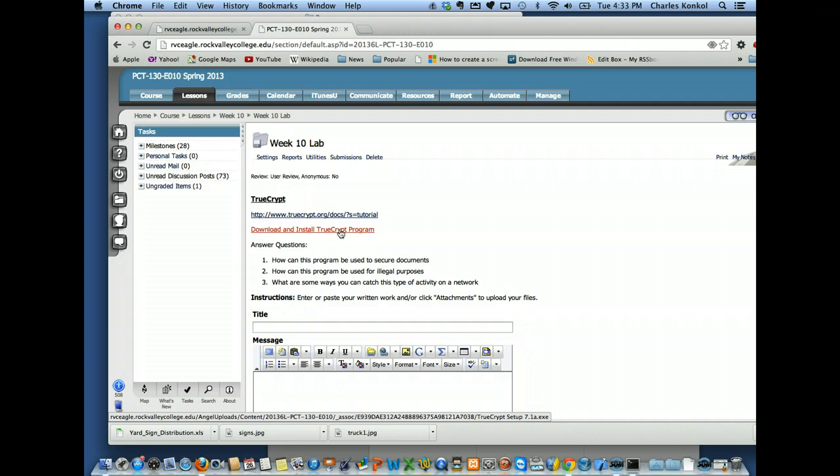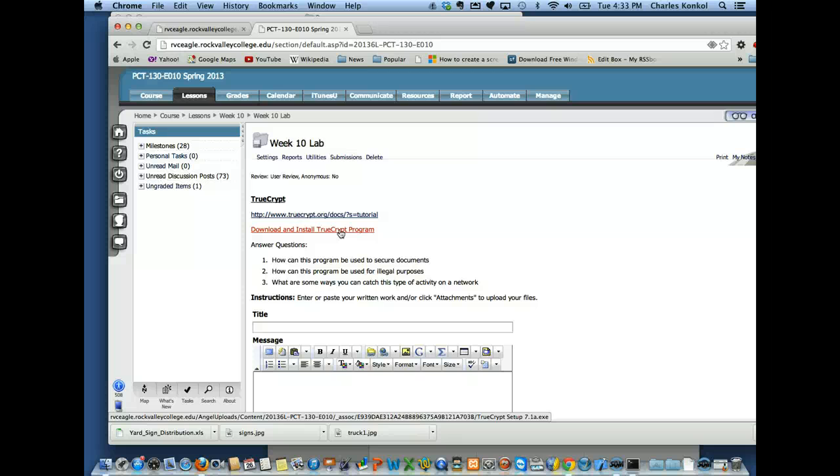Now, when you download the program and install it, it will ask you to launch the tutorial. You can just wait and install it, and it'll launch it automatically. I just put that link up there at the top just in case it doesn't launch for some reason. But you'll go through the first tutorial, which basically walks you through the program. It walks you through a little tutorial that has you create a 5 meg hidden partition using this program. So it shows you how to create a hidden partition, how to encrypt it, and then how to decrypt it